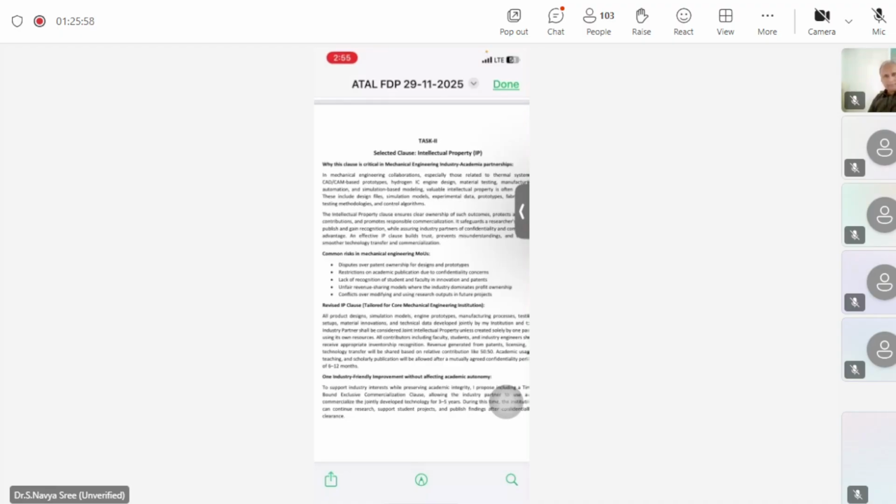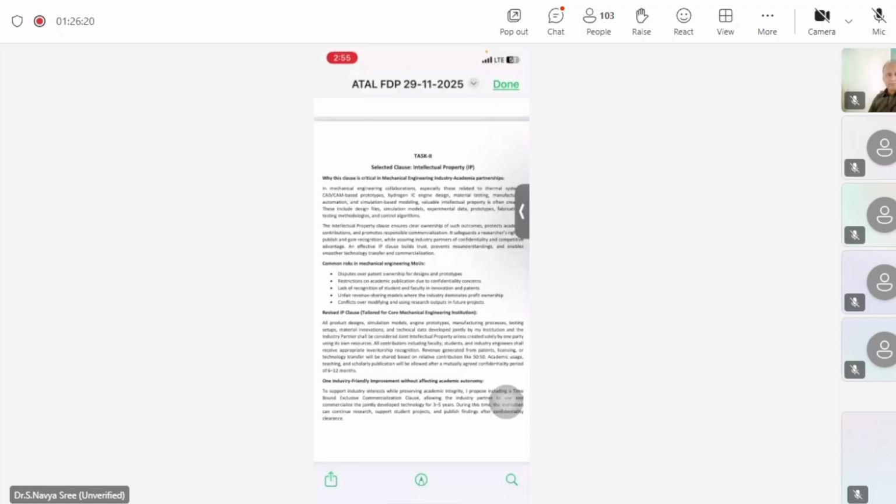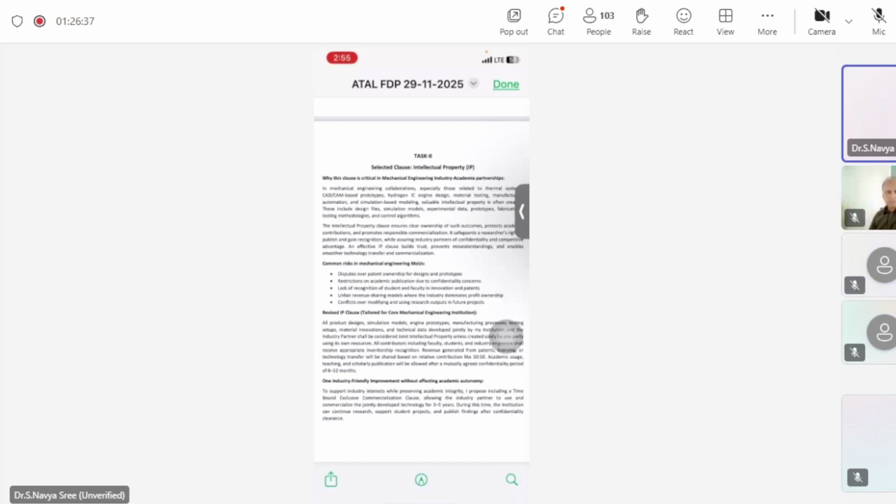confidentiality period. If they have completed the research, then 6 to 12 months after designing or after getting into the idea and implementation, there should be an agreement that these can be published. And one industry-friendly improvement, without affecting the academic autonomy, to support the industry interests while preserving the academic integrity: I propose to include a time-bound exclusive commercialization clause, which allows the industry partner to use and commercialize the jointly developed technology for 3 to 5 years. During that time, the industry can continue research, support student projects, and publish findings after confidentiality